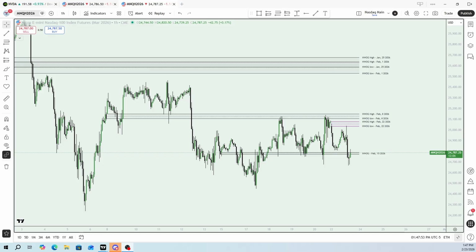Today we'll be talking about MNQH 2026, Micro E-mini NASDAQ 100 Index Futures, the March 2026 contract. We talk about the AM session. I'm going to give you some top-down approach things, some time-based things, and then some entry models to look at